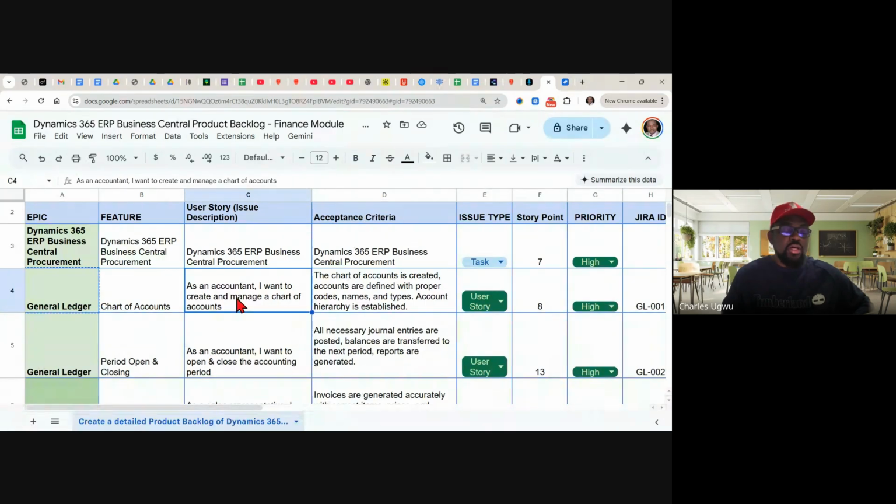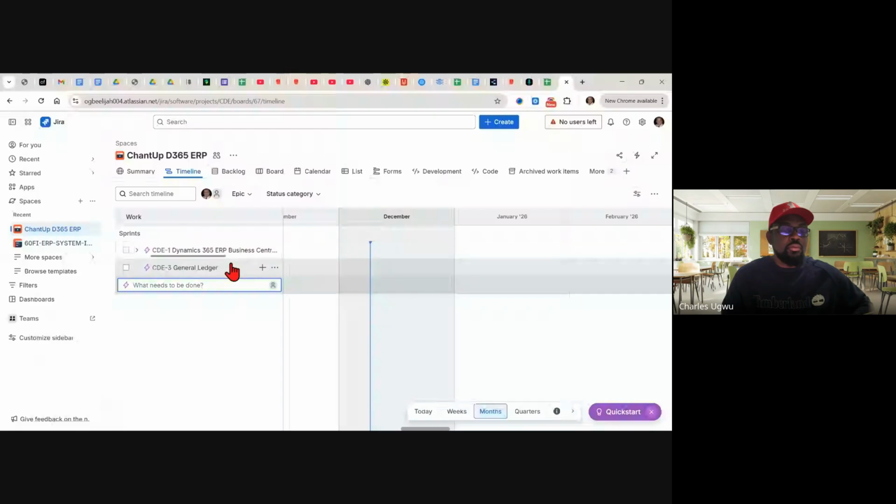Yeah, chart of accounts. So when we want to describe it in detail, we can use this. We can just grab chart of accounts, and this chart of accounts is going to be a user story, not a task.